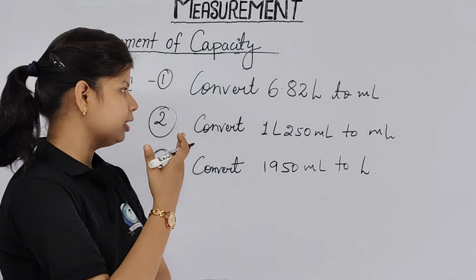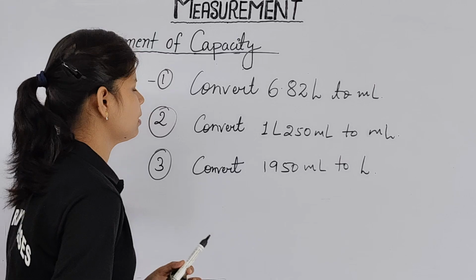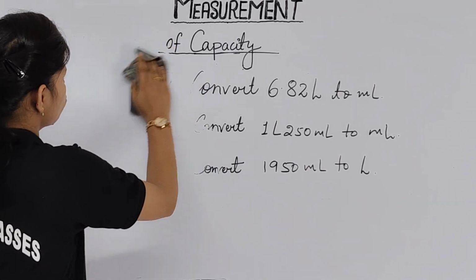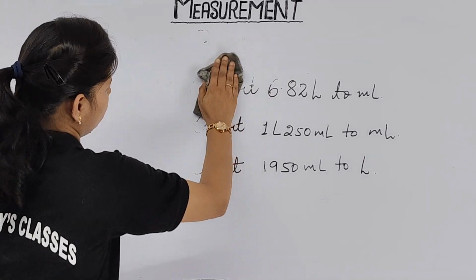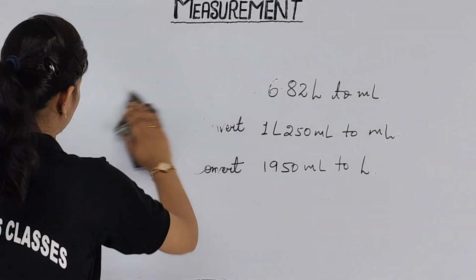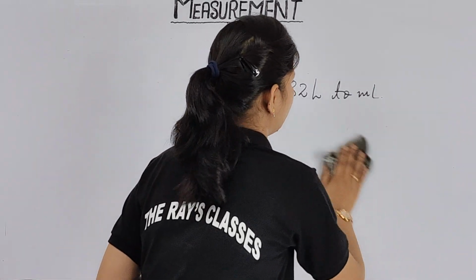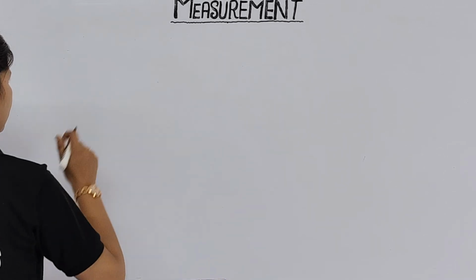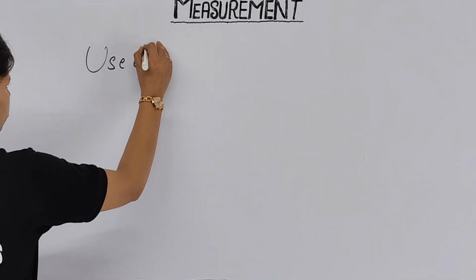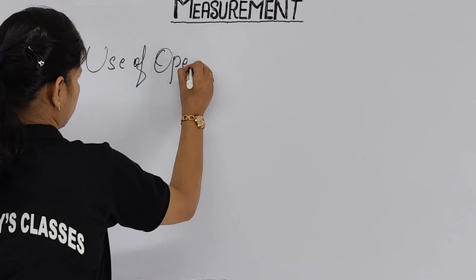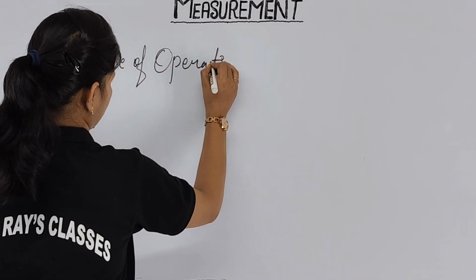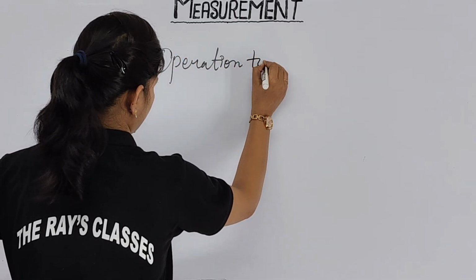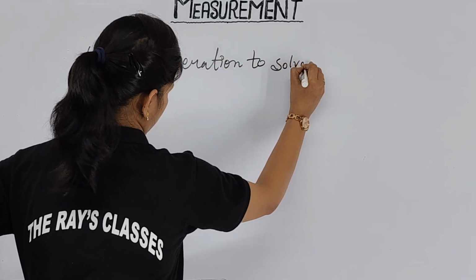Understood what I said? Here, in place of measurement of capacity, our topic will be use of operations in measurement. Or you can simply write operations on addition and subtraction. First we are going to discuss that. Please mark the heading: use of operations, solve problems